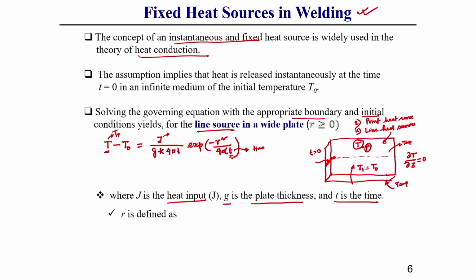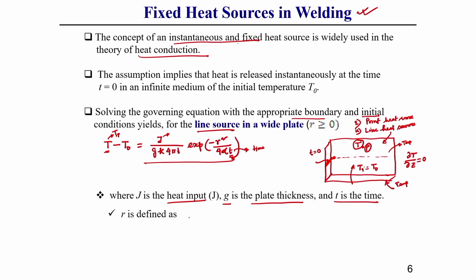Then with time also, if we apply some heat instantaneously at t equal to 0, after that you can check at any location of the plate how the temperature varies, and you can easily calculate it using this equation. This is the solution for a fixed heat source. Till now we have not discussed the moving heat source, which actually takes place in welding, where a heat source or electric arc moves along the weld line. I will discuss that after this.